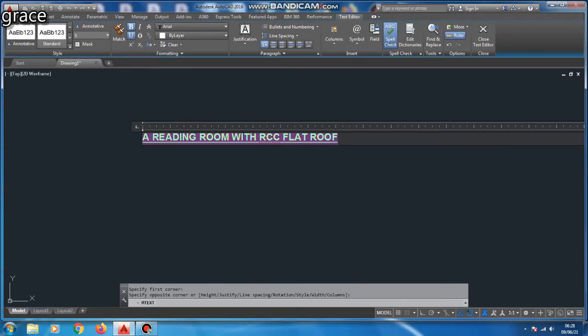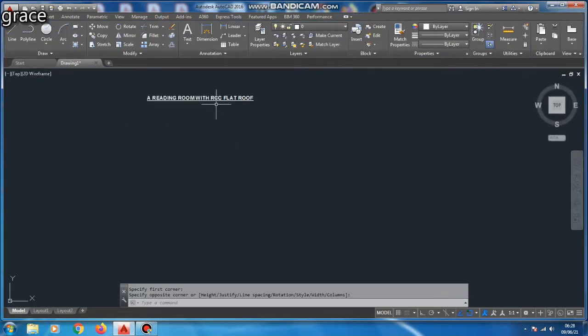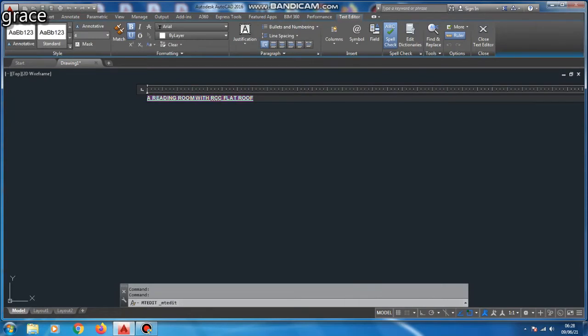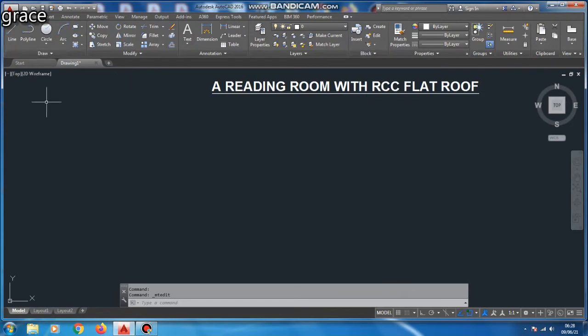Like in Microsoft Word, in AutoCAD we can change the dimension style and dimension size. Here we are fixing the title of our diagram.